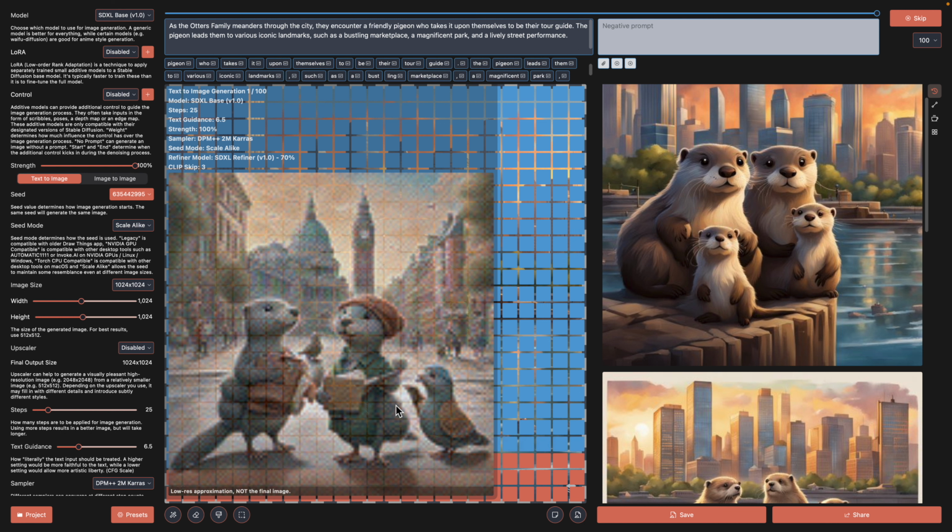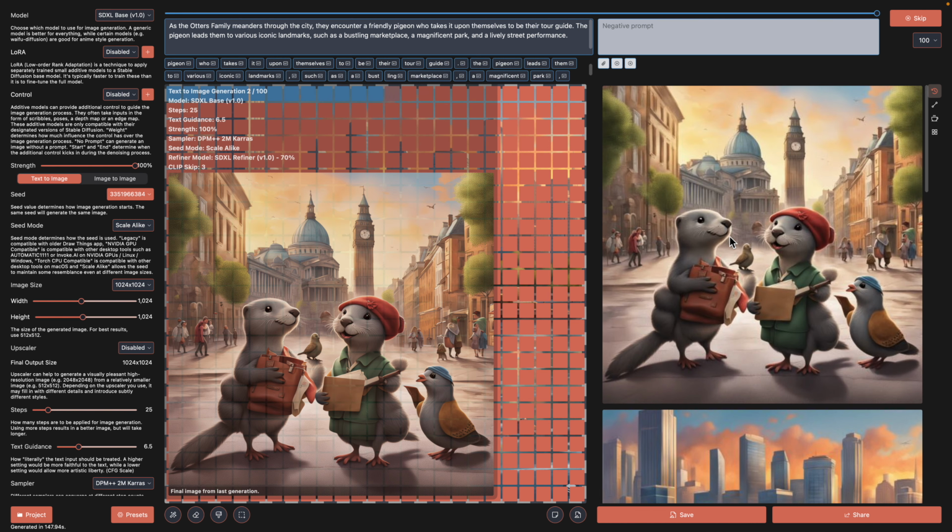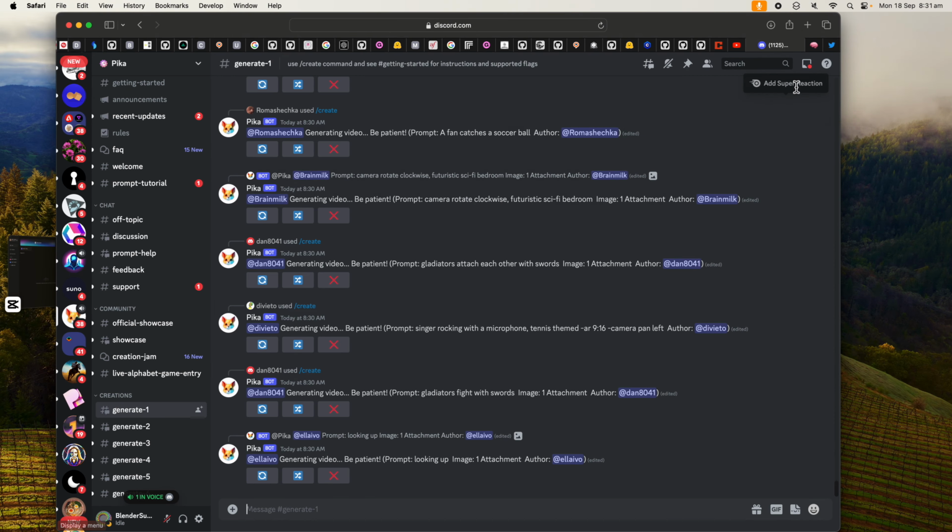You take it and you can redraw this in your storyboard, so it doesn't have to be fully beautifully painted like this. You can see the otter now gets the direction from the pigeon. So now it's already making more artworks for us.